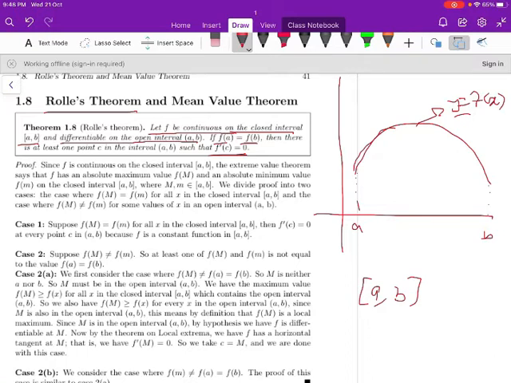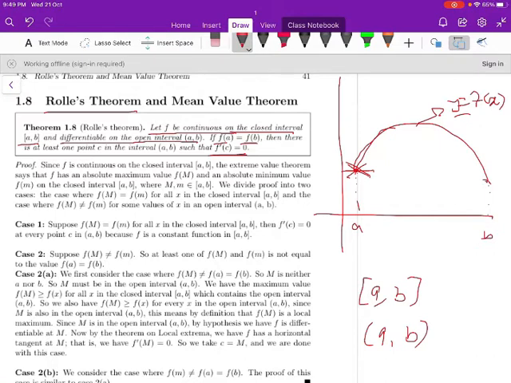So what is the meaning of that? The function is differentiable only in the open interval (a, b), because at the endpoints we cannot define the derivative, we cannot define the slope. We can have many slopes at the endpoints. The open interval means all the values between a and b, excluding a and b.